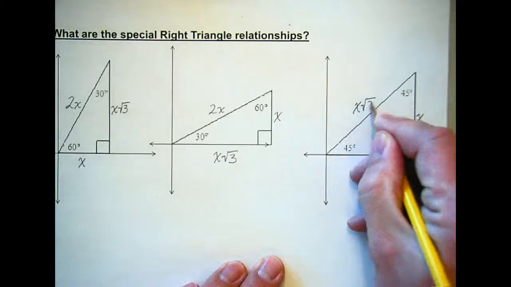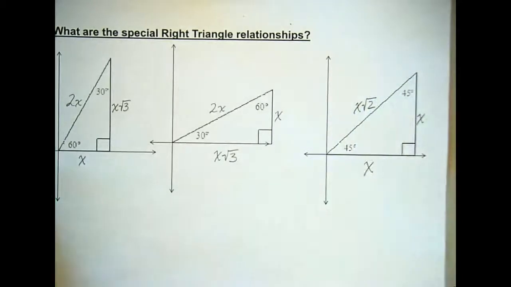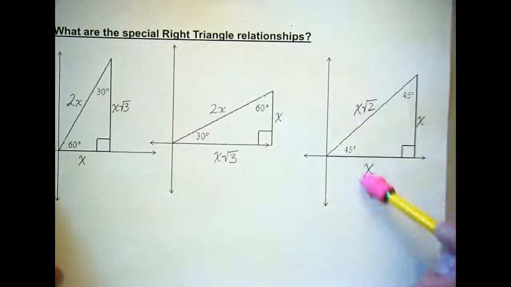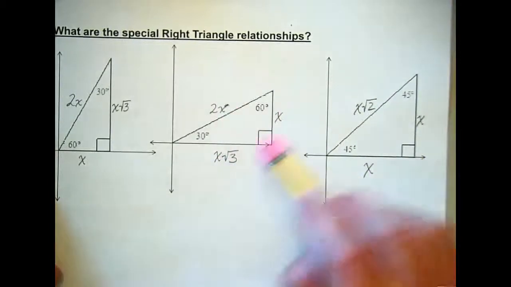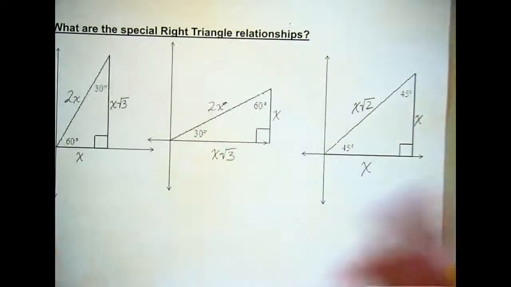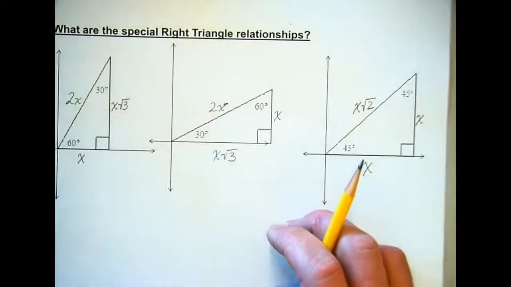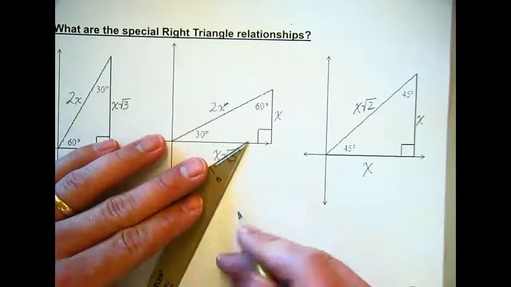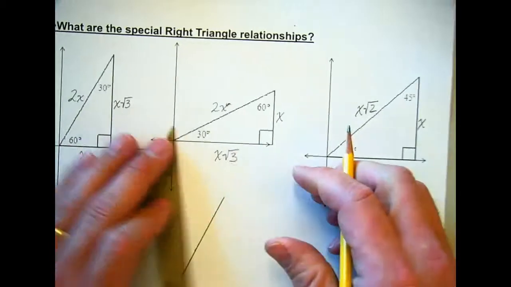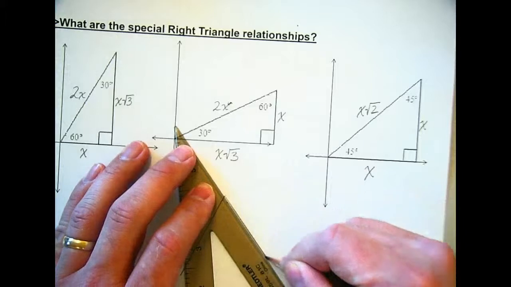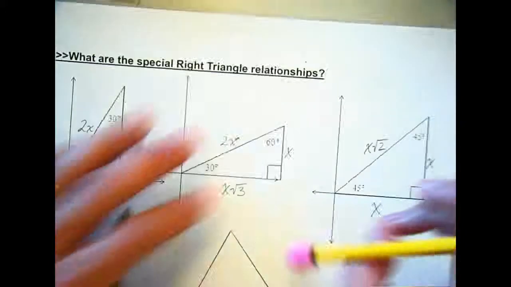Now remember, you have 1, 1, 2, or 1, 2, 3, if you want a quick memory thing. That's how I remember it. 1, 2, 3. The other thing to keep in mind when you're dealing with a 30, 60, 90 triangle is that it really is half of